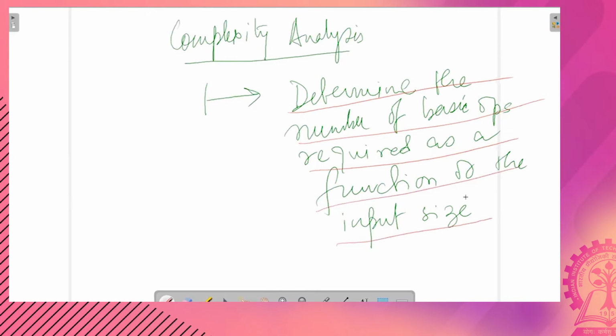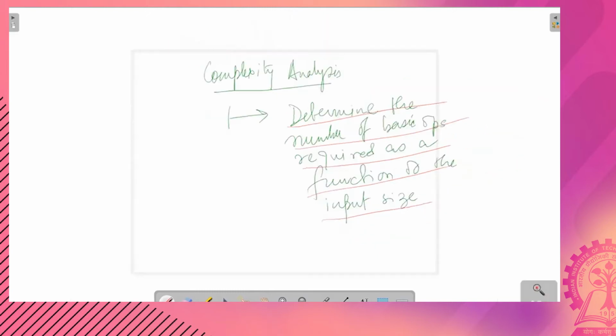Okay, so now depending on the problem statement, actually there can be various cases that can arise. There can be various cases of time complexity analysis. So I'll first state the different cases, and then we will take up each of these cases one by one and discuss in more detail. So the different cases of complexity analysis,